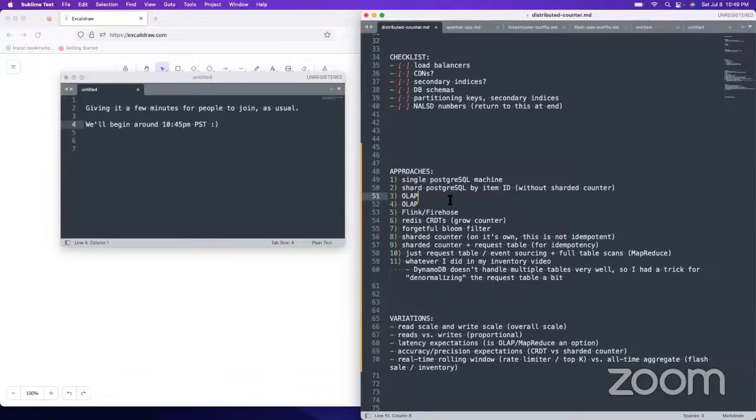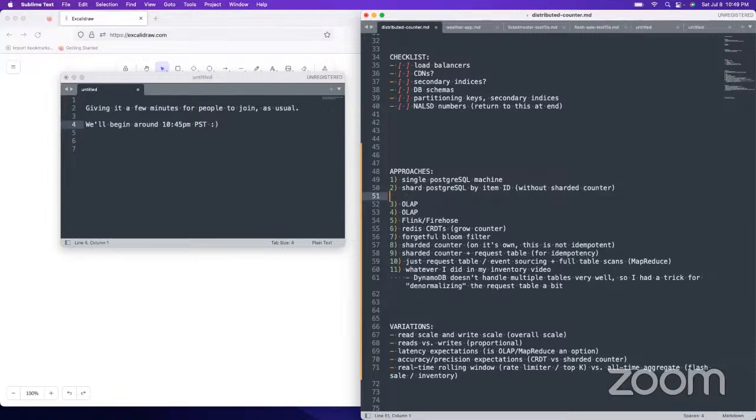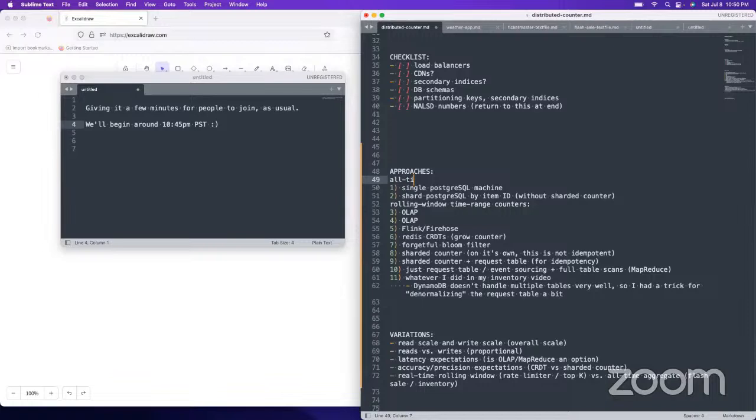Okay, so this one was no materialized view. Oh, okay, I see. I kind of do have these broken down a bit. So it's like one and two, or one approach. And then these ones are rolling window time range counters. And we had all time counts, no rolling window, no super hotkeys, which is the sharded counter one. And then you have